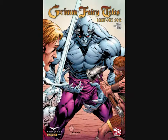I'm assuming it probably doesn't drop me right in the middle of something, so I'm kind of stoked to check that out. And then they sent me the Grimm Giant Size Grimm Fairy Tales, so I'm definitely going to check that out, because from what I've seen at the Godstorm and the Halloween special, I definitely want to see more of the Grimm Fairy Tales stuff. And then there's also a Grimm Universe #1,